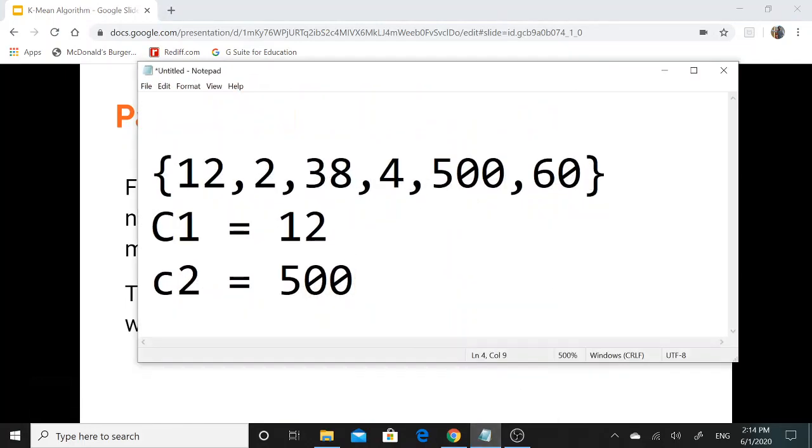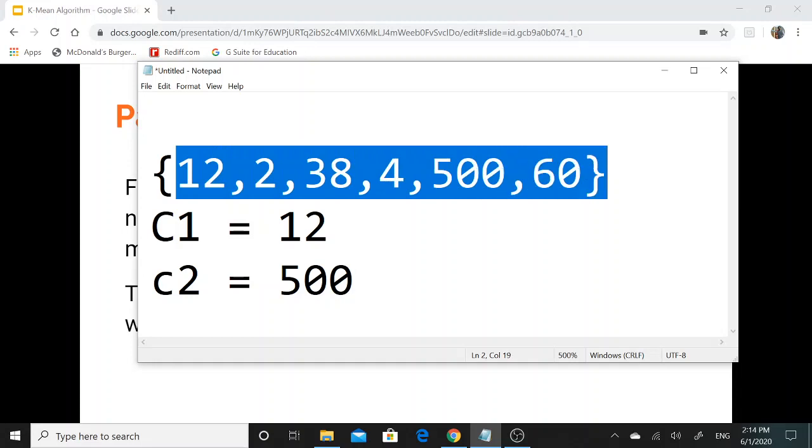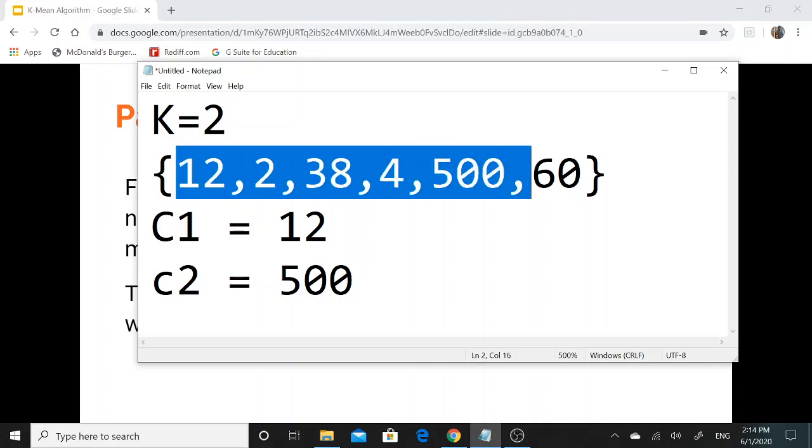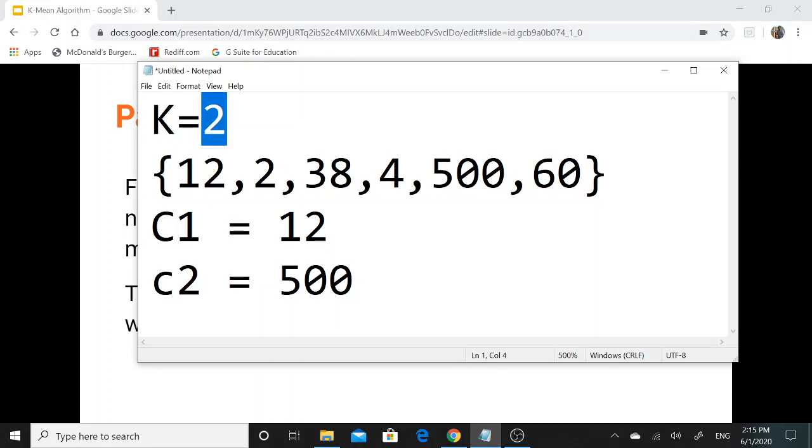For example, consider these are the data sets available. So initially we need to pick any random 2 values which will be considered as centroids. Since the user has given 2 as the value of k, for the given data sets we need to perform 2 clusters, that is we need to categorize this data into 2 different forms or 2 different clusters which belong to similar groups of objects.